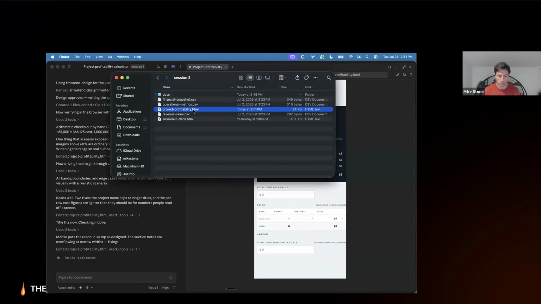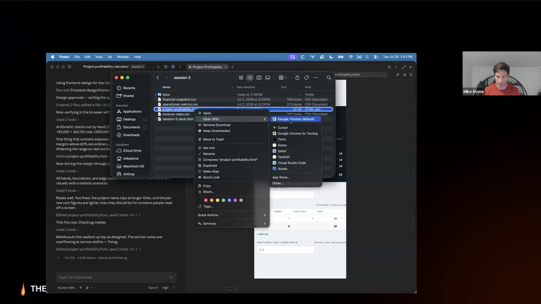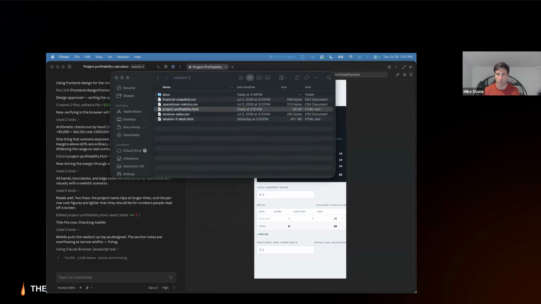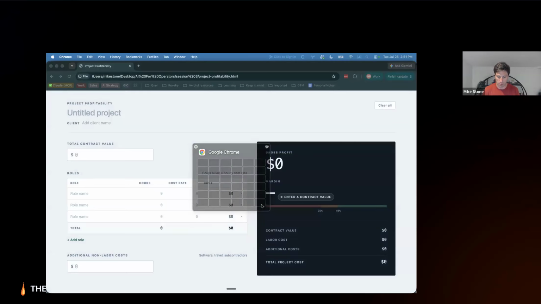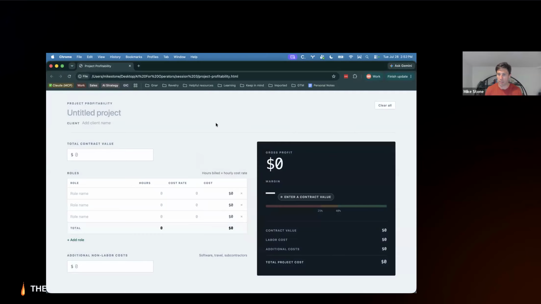Okay, I'm actually going to open this into the browser so we can see it a little bit more clearly here. So I lied, but here we are. Okay, so you'll notice I didn't write any code here. I didn't draw any wireframes. I just described the tool the way that I would describe it to a person, and this is what it came out with. Let's kind of use this.